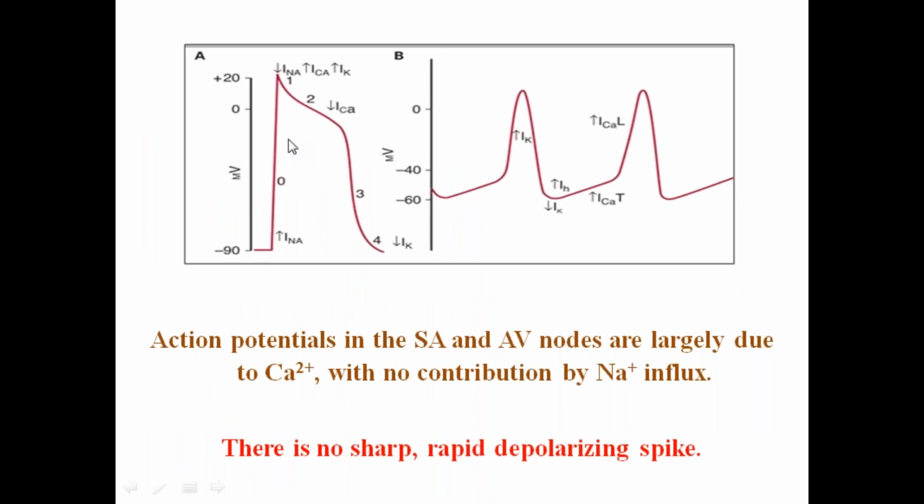Now, this is the action potential which we call the fast action potential, which you have in atria or ventricles. But this is your slow action potential, which you get in pacemaker tissue, let's say the SA node or AV node. Now, if you see the depolarization here, it is because of rapid opening of sodium channels, and this depolarization is very steep and very fast. That's why we call it fast action potential.